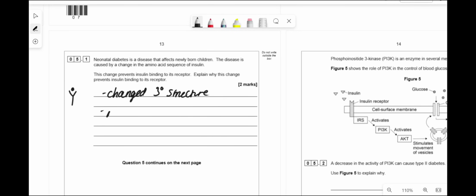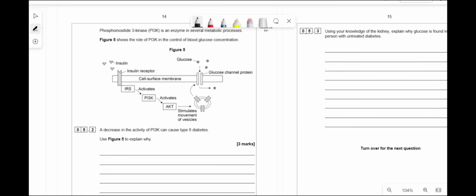Now what does that mean? It's no longer complementary to its receptor. It doesn't form enzyme substrate complexes. It doesn't have an active site. And if you write that, you will not get the marks. Also, it's talking about insulin, not the receptor, so you don't get any marks if you say anything regarding the structure of the receptor. Okay, so